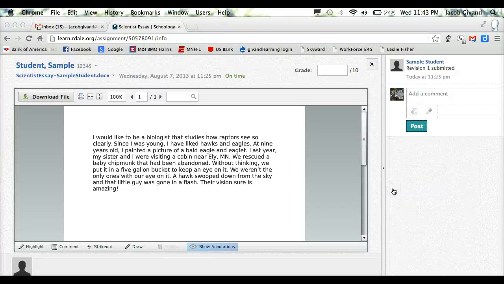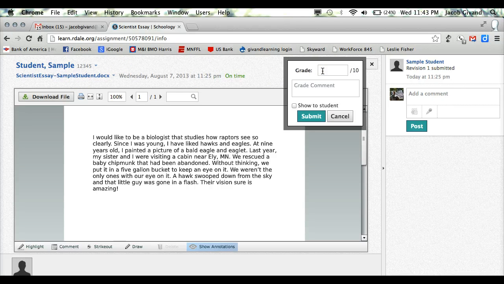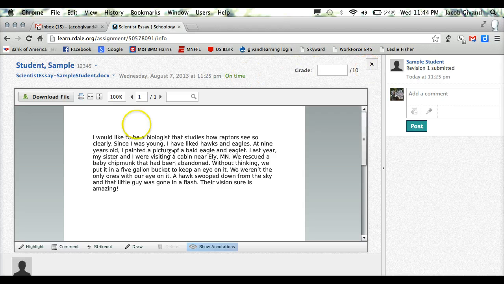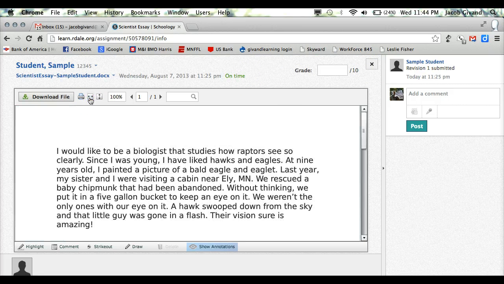And let's look around this screen so we can see what happens. First of all, across the top, I can see the name of the student, and I can see the name of this assignment they turned in. I can see a box right here where I can put a grade if I'd like. I'm going to go to this button right here next to the print and make it a little bigger. So here I can see their writing,